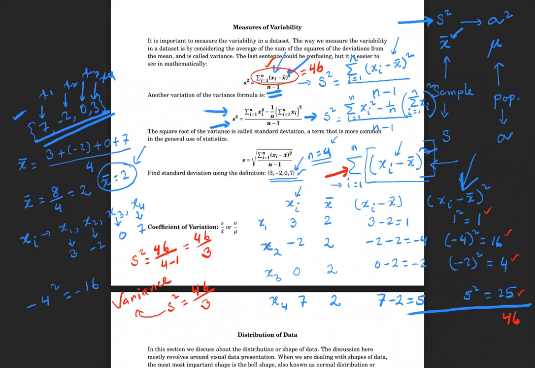Now, how do you get S? You have to take the square root of both sides. So you take the square root of S squared is equal to the square root of 46 over 3. Square and square root is going to cancel out. That's going to give you S, which is equal to